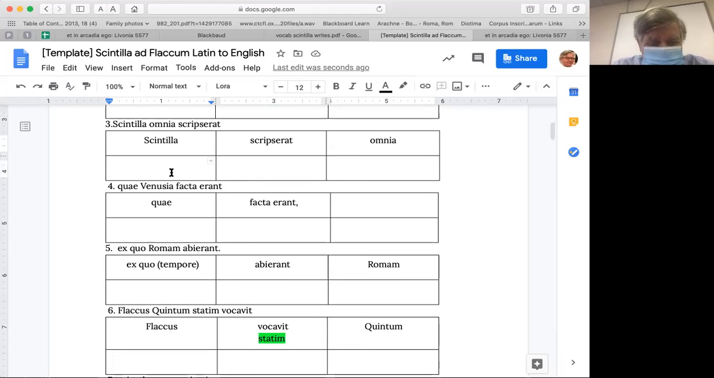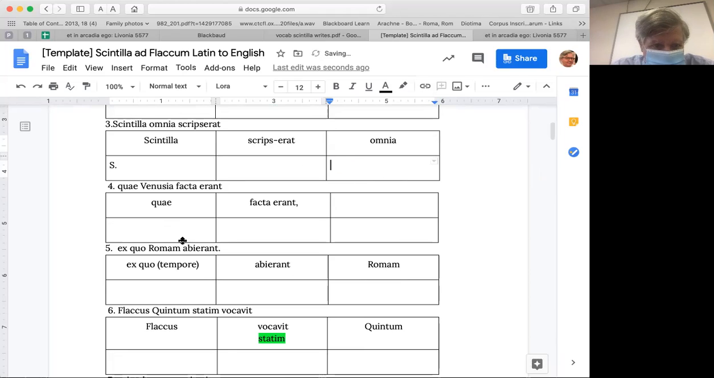So the change of subject, scintilla is the subject now. This is the narrative before we get to the letter that they'll copy in verbatim. Scripserat with this ending doesn't mean wrote, but had written. And what she had written is omnia. So omne means just a single thing, that's everything, but omnia is a number of things, like, so everything, you